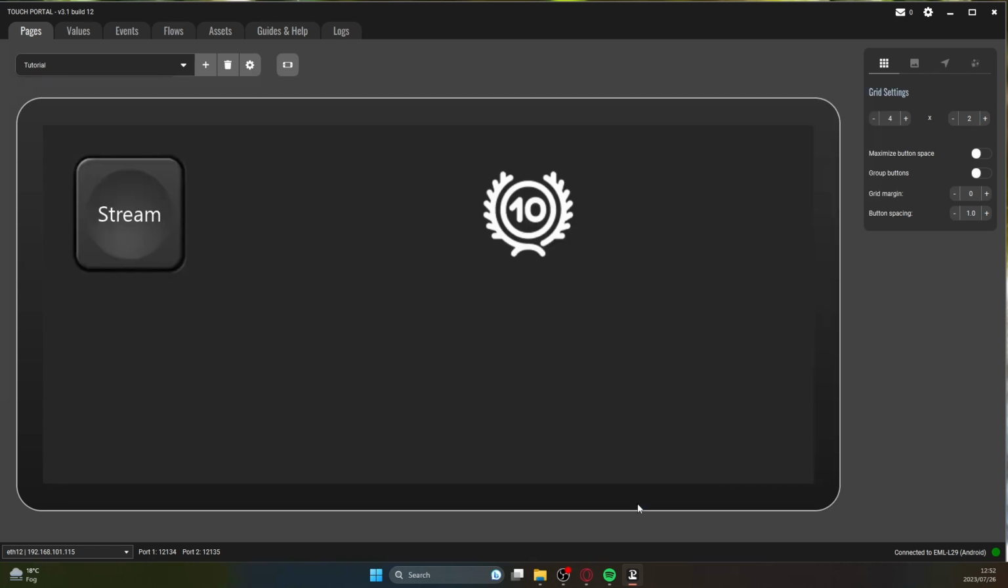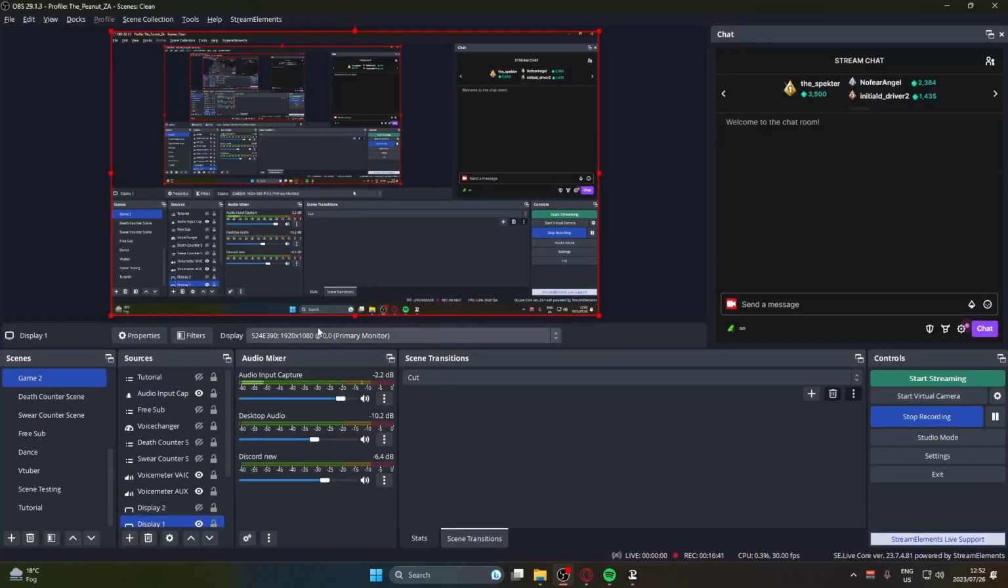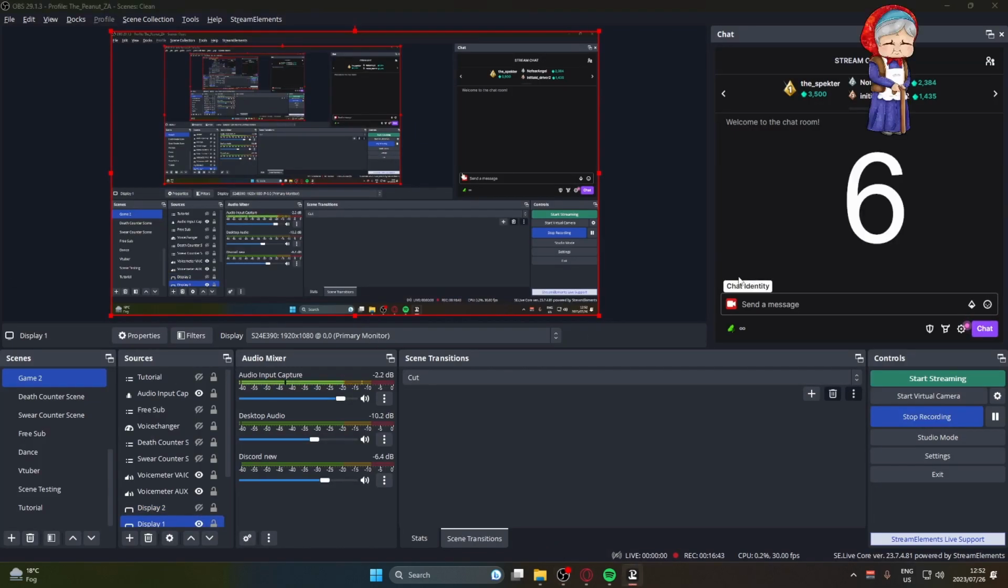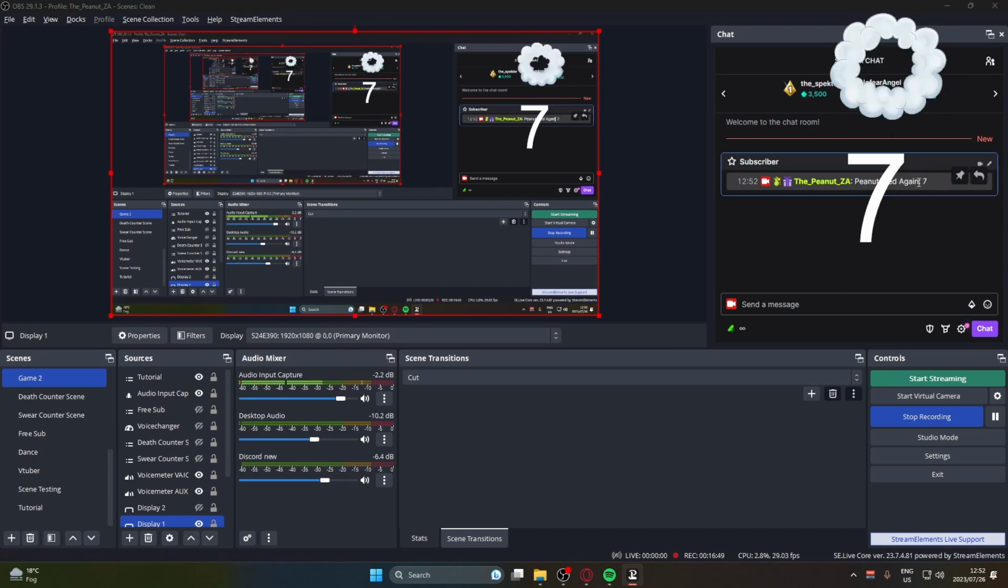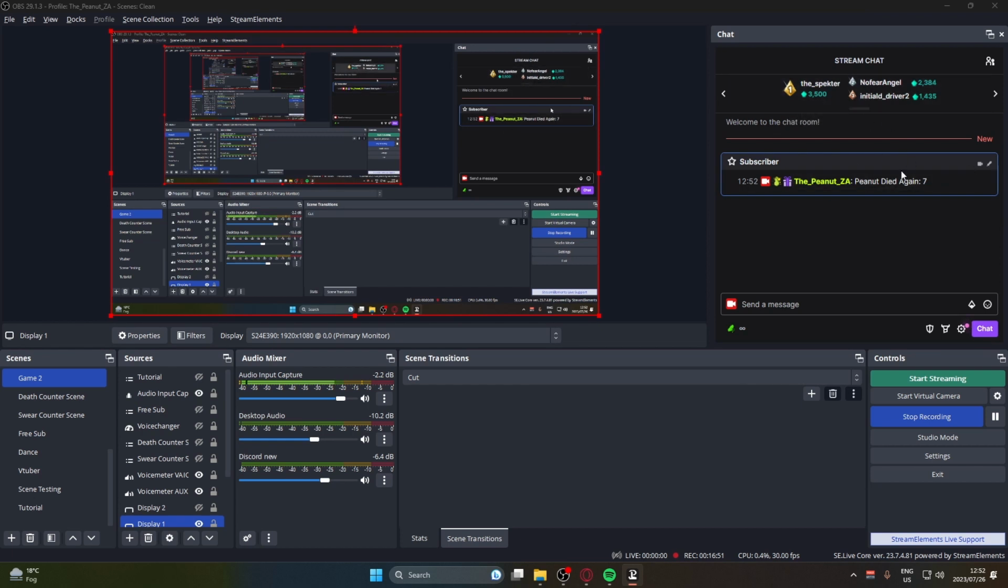So now if I click save and run that button, a message will pop up in my chat to say that Peanut died again and the number of the value. So the animation plays, we have it on screen, and now we have a chat message going off. That is basically it to create a dynamic and custom pop-up amateur counter for your stream. Now you can add as many as you like to your stream, as long as you have enough buttons on